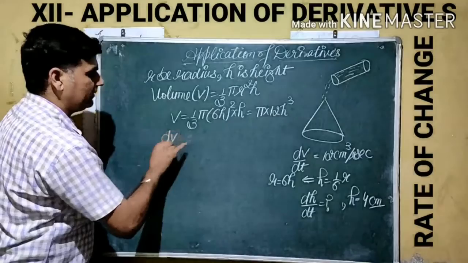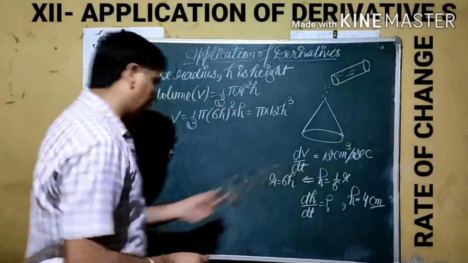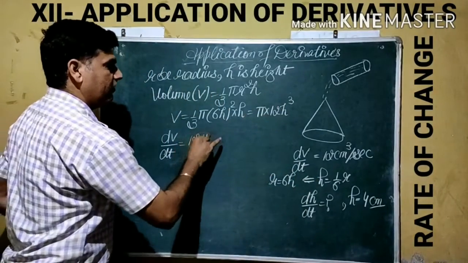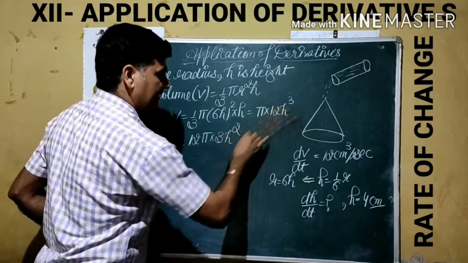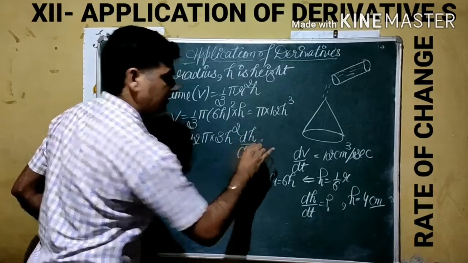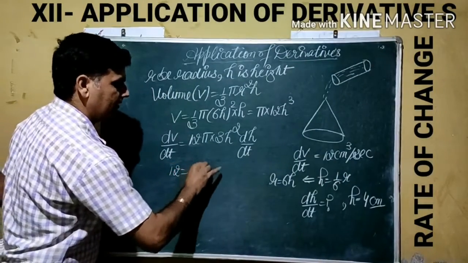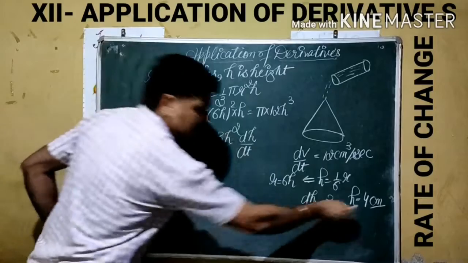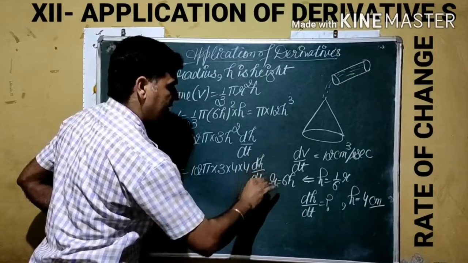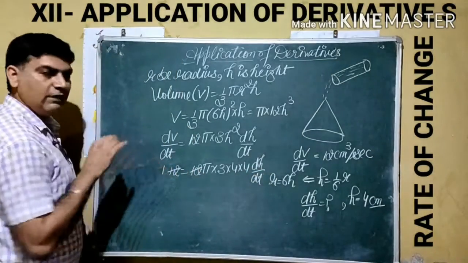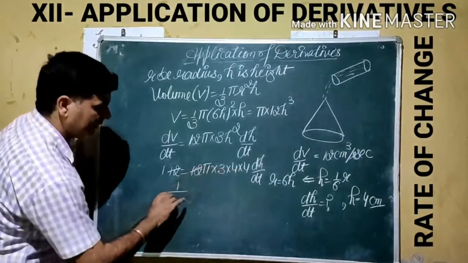Now we are taking derivative with respect to time, because it is given that we have to take differentiation with respect to time. Values remain constant. For the derivative of h cube using the power rule, the power comes forward, the power decreases by 1, and the derivative of the base h becomes dh by dt. Now using the given values, dv by dt is given by 12. Replace it: 12 is equal to 12 pi multiply 3 square of h, which is already given as 4, so it becomes 4 multiply 4 multiply dh by dt. If we shift, 12 cancels out with 12, so it becomes 1 divided by 4 times 4 is 16, times 3 is 48 with pi.